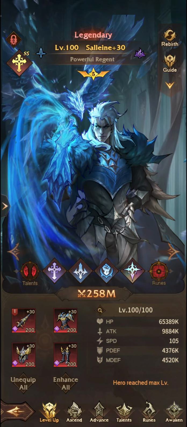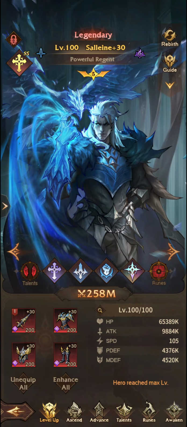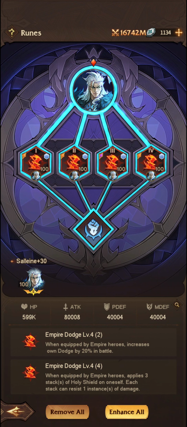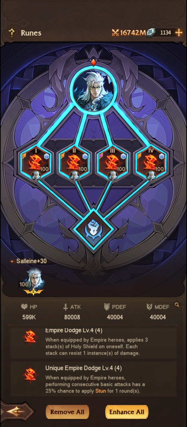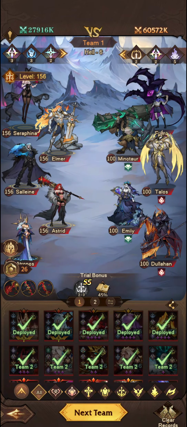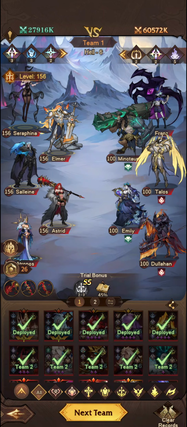He is Light Seeker as well, and I do have full red runes for him with the epic or the unique. Yeah, so we have the unique effect on there as well. So when Empire heroes perform consecutive basic attacks, a 25% chance to apply stun. That's not going to matter. So we'll, like I said, replace Eudora with Celine in this one,